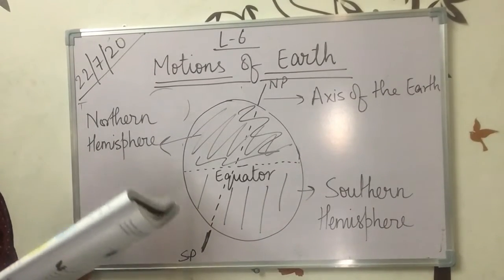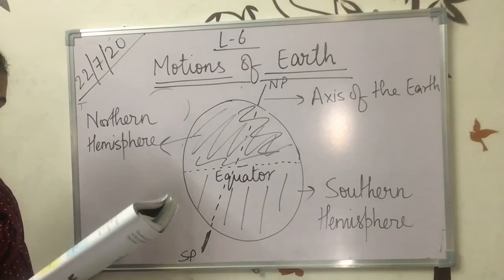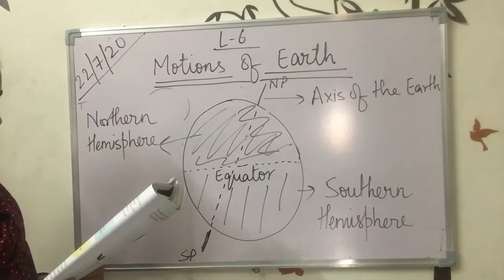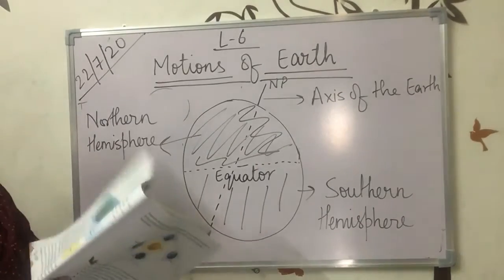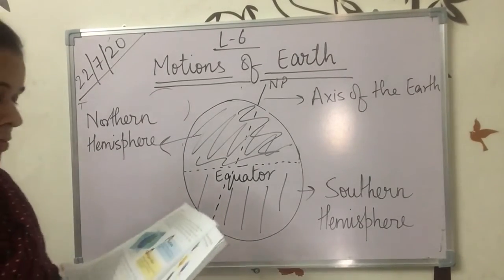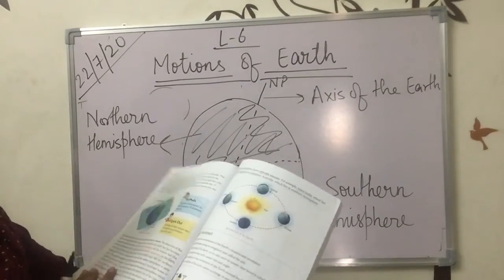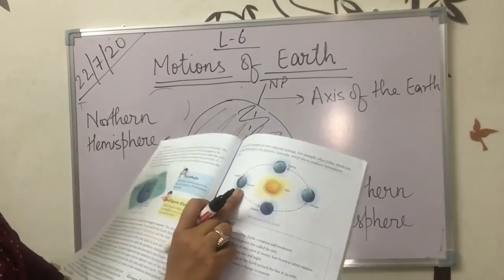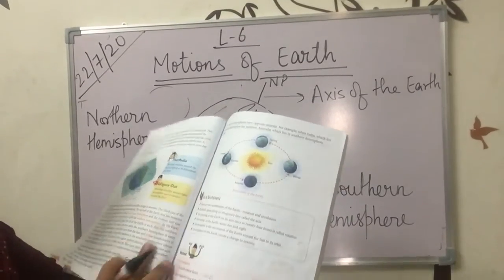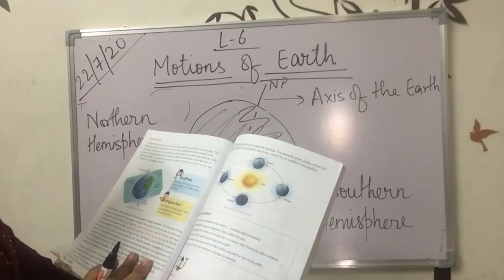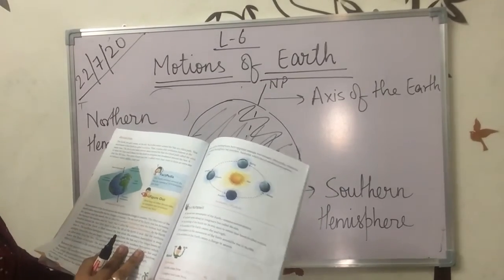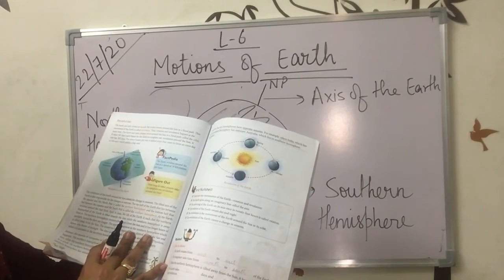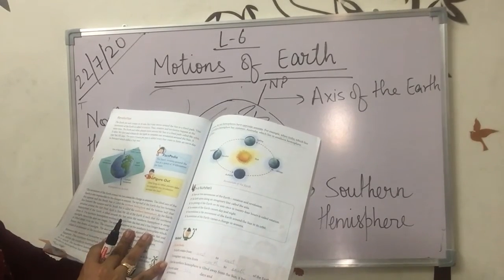As the earth revolves around the sun from April to June, the tilt of the earth is such that the northern hemisphere of the earth is tilted towards the sun. You can see it here, this part. Summer part I am talking about. Now I am reading, kindly concentrate on the diagram also. The northern hemisphere is tilted towards the sun, while the southern hemisphere is away from it.